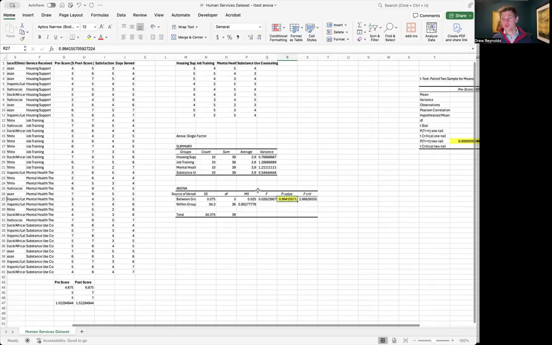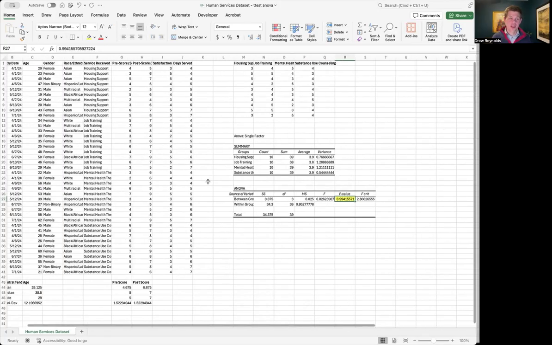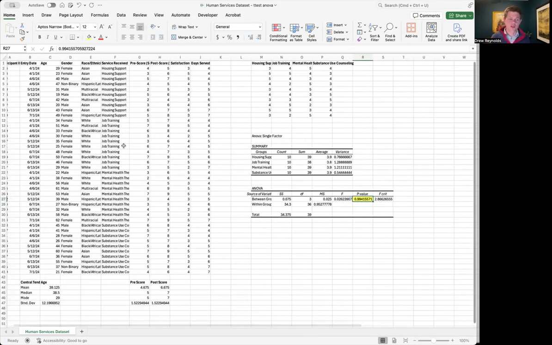Well, a p-value of almost 1 is much higher than 0.05. So what we see is this p-value is suggesting that there is no statistically significant difference in the satisfaction scores based on the services received. So I guess maybe what you could conclude is that it doesn't really matter what service program you go into, you're going to have the same level of satisfaction, which, from an equity perspective, might be a good thing. Maybe we would take some good source of information from that as a person who's evaluating this